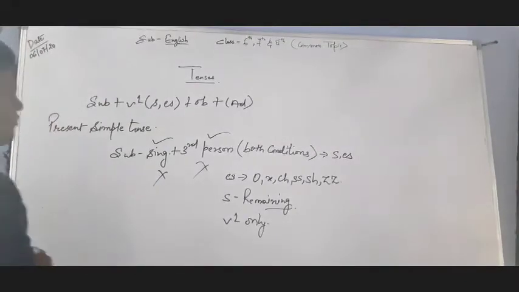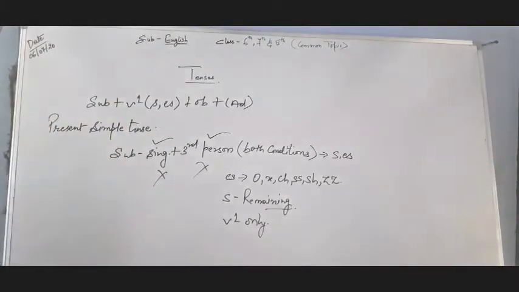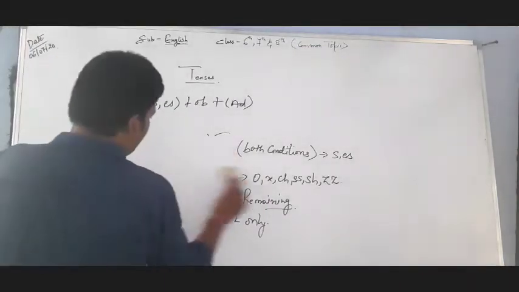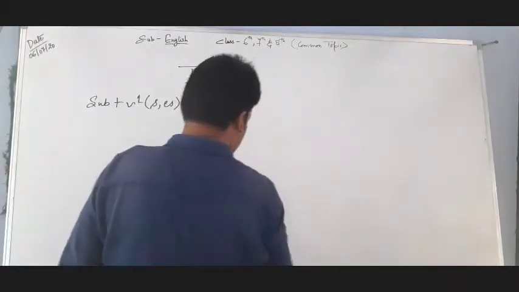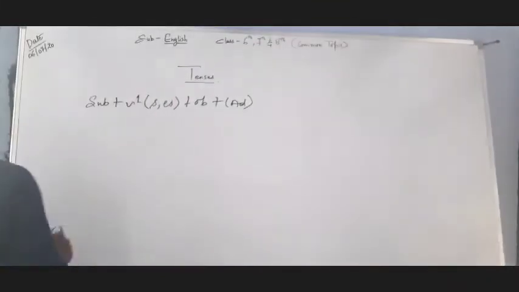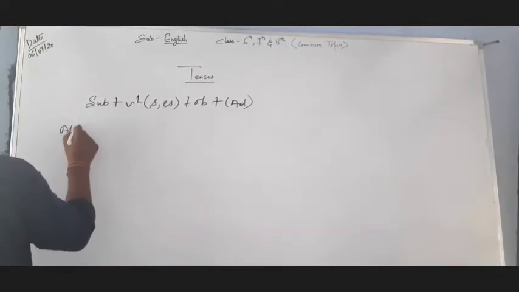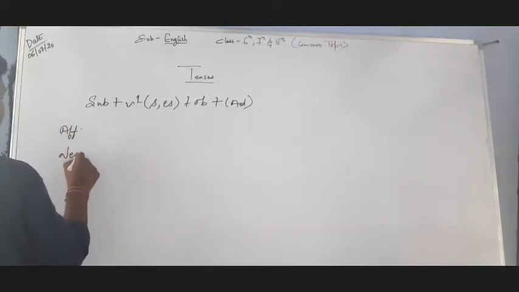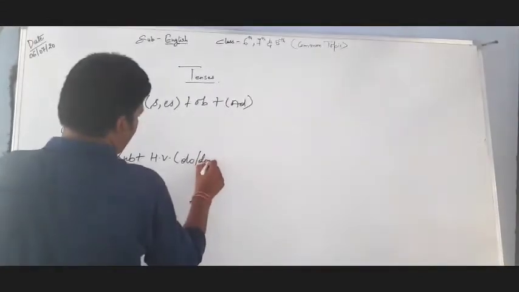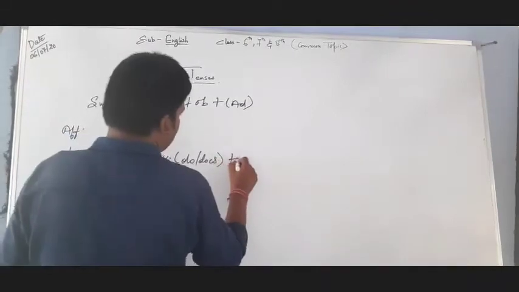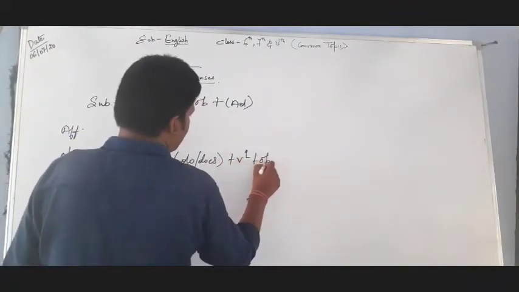Now I am going to tell you more formulas. You can copy them down, you can pause the video and copy these. Now I am going to tell you the different parts of the sentences we use in tenses. The affirmative sentence formula I have told you. Next is negative. Negative comes with subject plus helping verb, that is do or does, plus verb first form plus object.